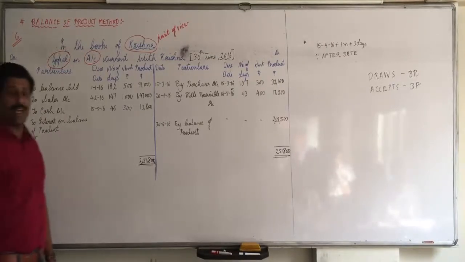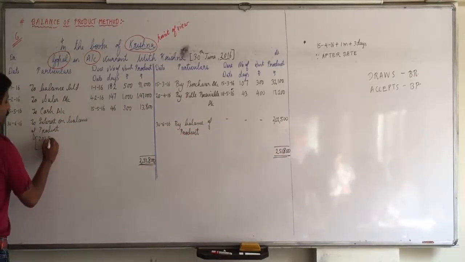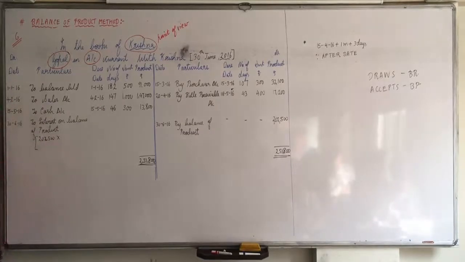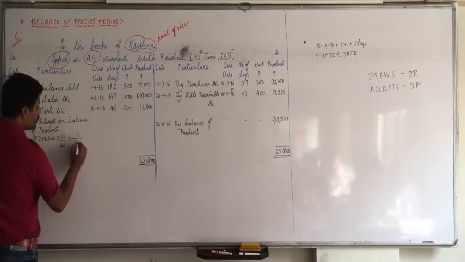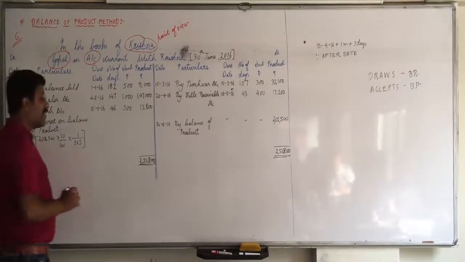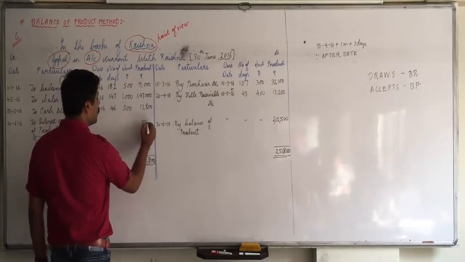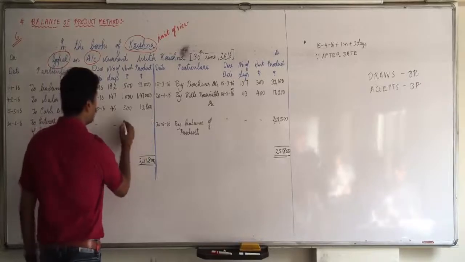Now, as we discussed the formula, balance of product 2,02,500 into what is the rate of interest? 10%, 10 upon 100 into 1 upon 365. Because in counting the product, number of days are already multiplied. Did you understand this? So this labor decreases. Instead of counting the interest every time, only one time. What does it come to? 2,02,500 into 10% into 1 upon 365? 55.47. Write it in the amount column. Sorry, product column, amount column.